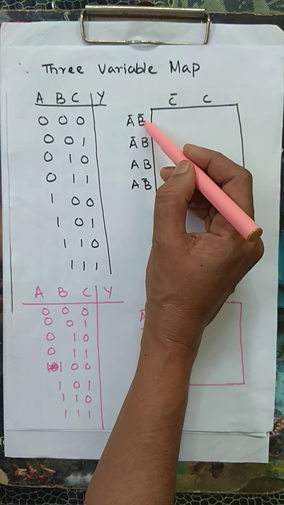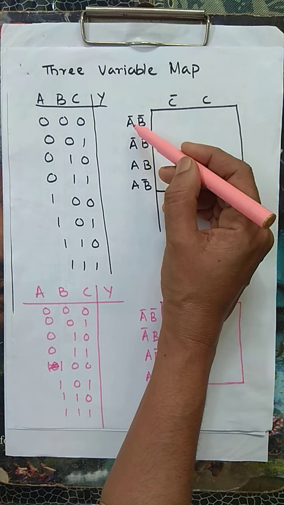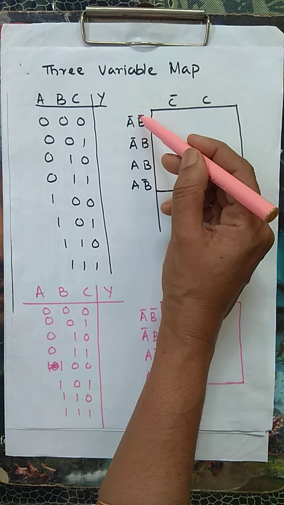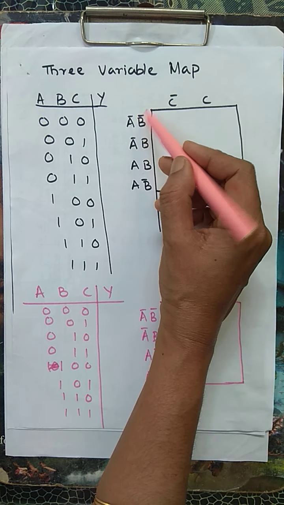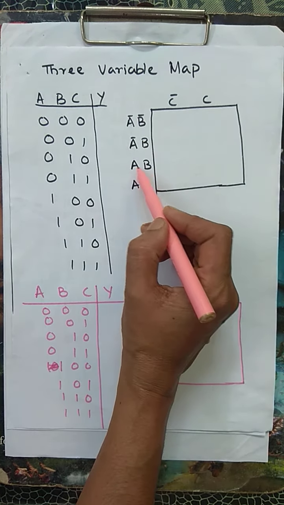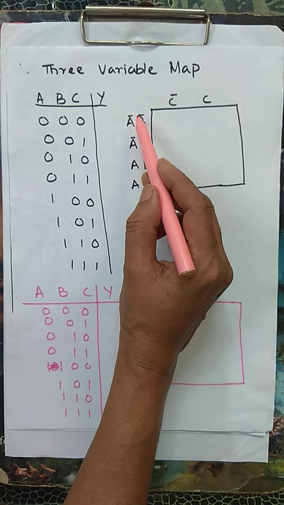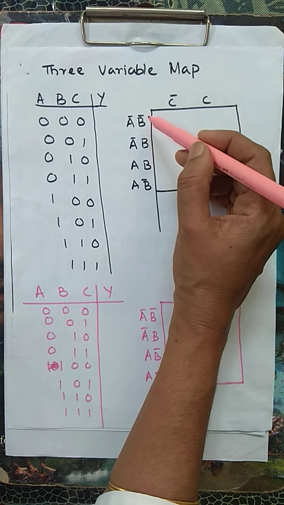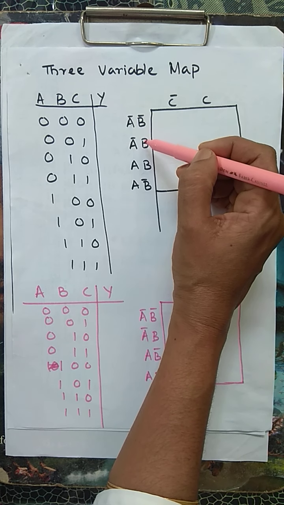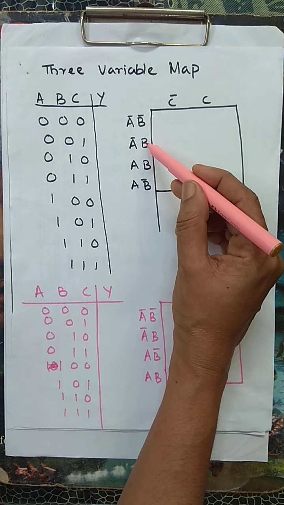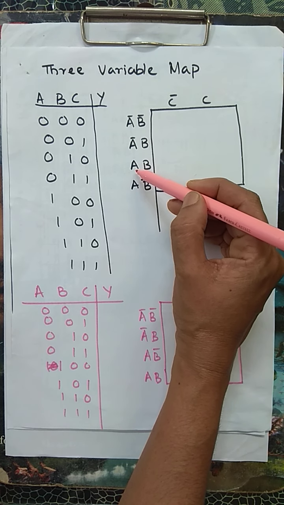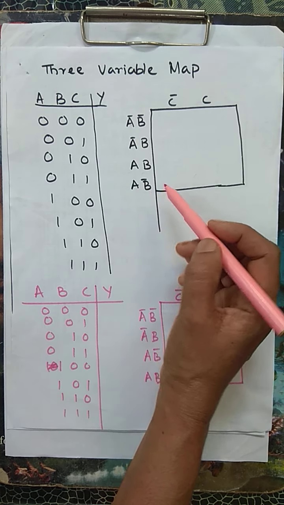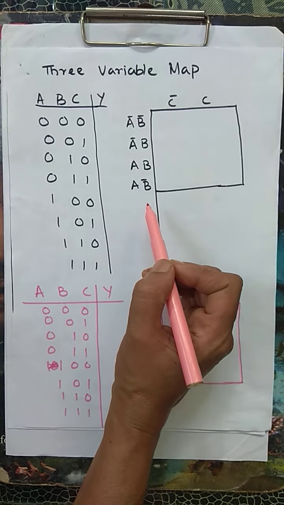First I'll write down A complement B complement. Then A complement I'll keep the same, B complement becomes B. Only one you can change. You cannot simultaneously go from A complement B complement to the next stage AB. You have to write down in this order itself. A complement B complement. Now one of the inputs is changing. Here B complement is changing to B. In the next case I have kept B same. A complement is changing to A. Again A B complement. So I got all the combinations over here.